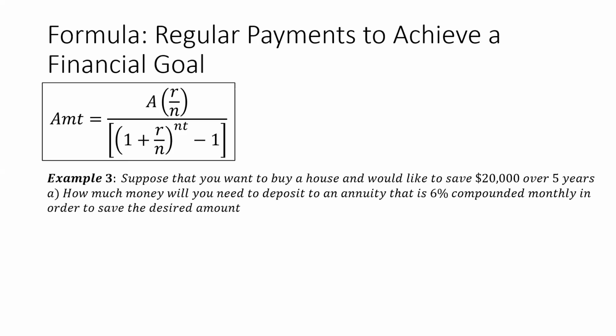So to see it in practice, suppose that you want to buy a house and you would like to save $20,000 over 5 years. Well, you might be thinking $20,000 is not going to buy you a house. Yeah, for almost 98% of houses, that's true. You're not going to buy a house for $20,000, but that is a pretty good down payment. We'll talk about how down payments work and what's a good one and what's a bad one when we're working through the project. So that's where this comes from, is